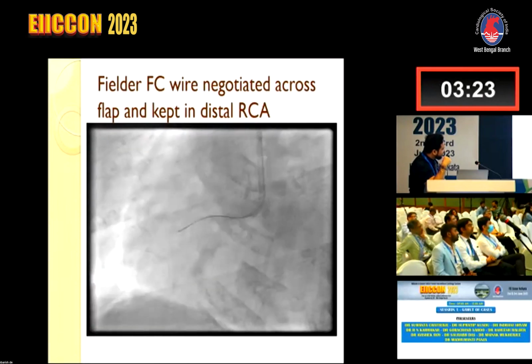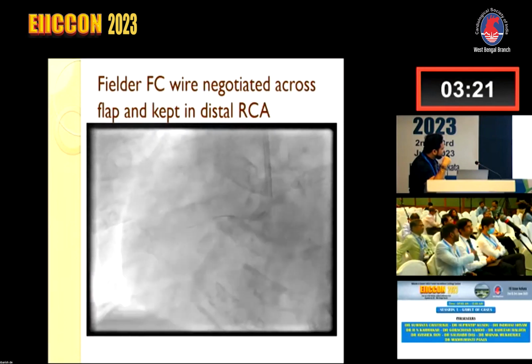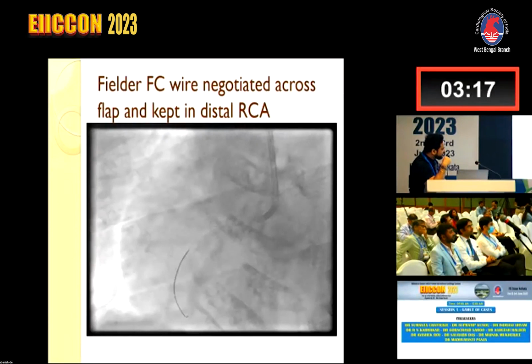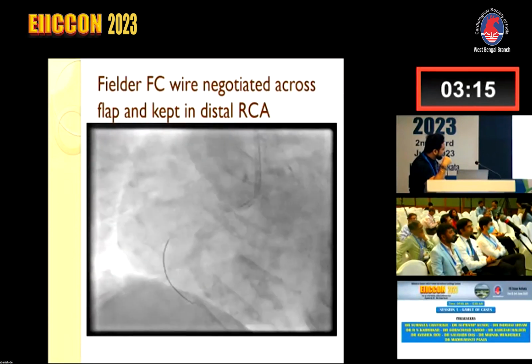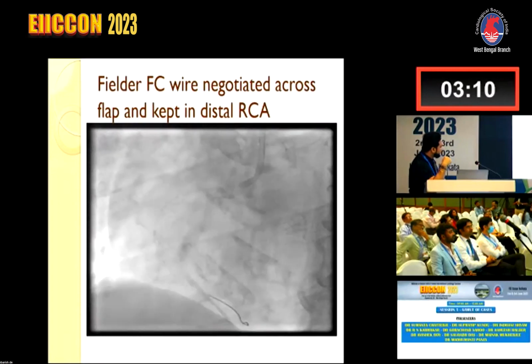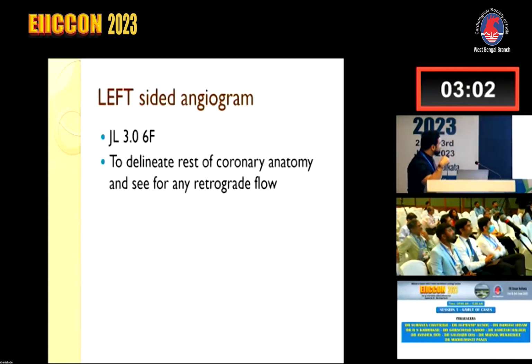We came back with the wire, and then we entered the RCA after 30 minutes. Those 30 minutes were a complete nightmare for us. After that, it was a big relief for us. Then the patient was hemodynamically stable, so we decided to go with the left-sided angiogram. So we took the right femoral artery. We kept the left system